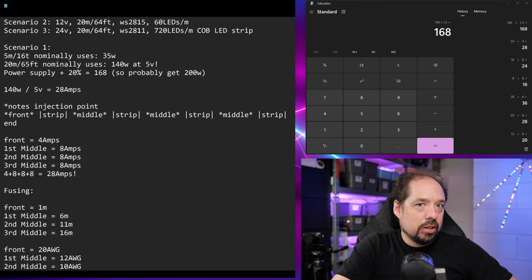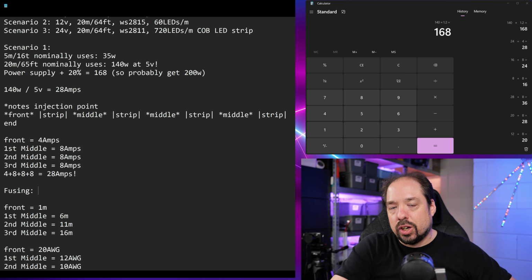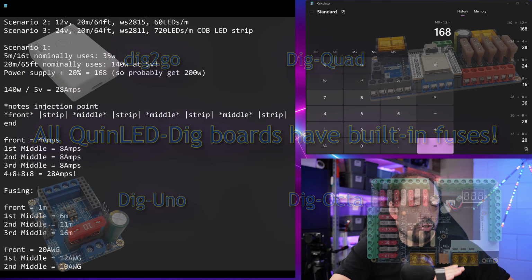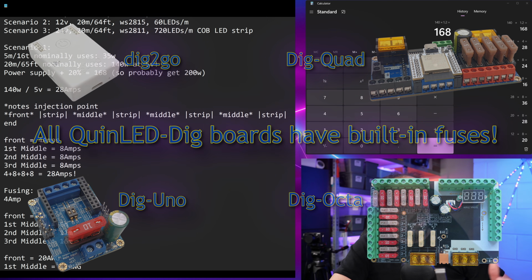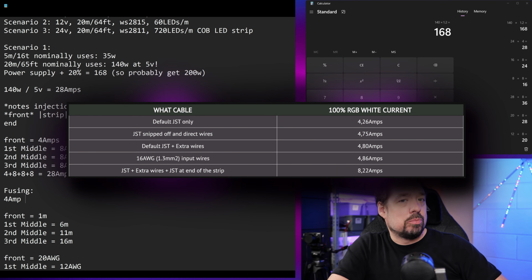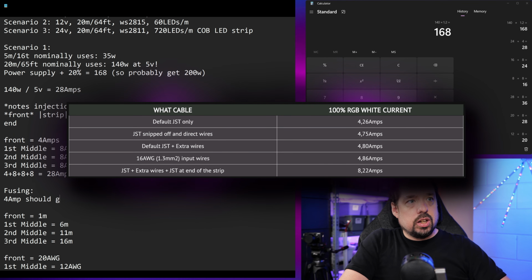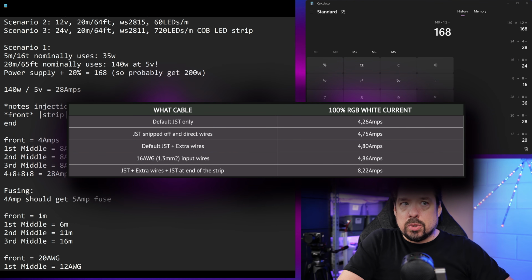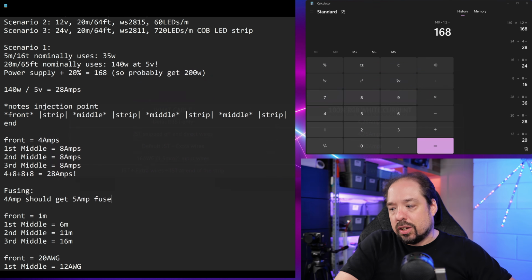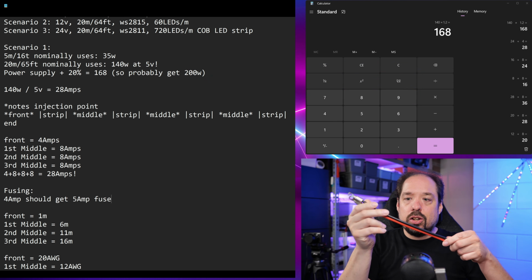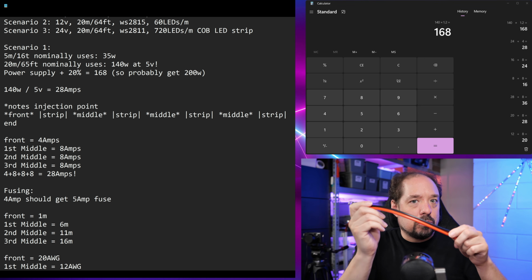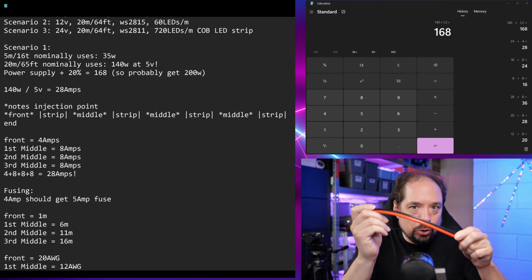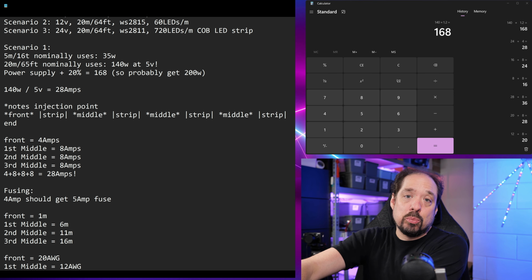I'm a very big advocate of having fuses in your LED setup. So each injection line should have its own fuse. Why? A 4 amp line that's basically never going to do more than 4 amp, as I showed you in the beginning on my website with my tests, should get a 5 amp fuse. It doesn't matter what wire diameter is behind there. Even if it's this wire, which can easily handle 40 amps, we don't expect more than 4 amps, so we fuse at 4 amps,